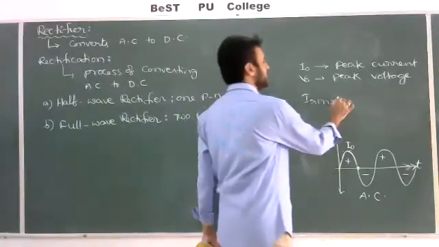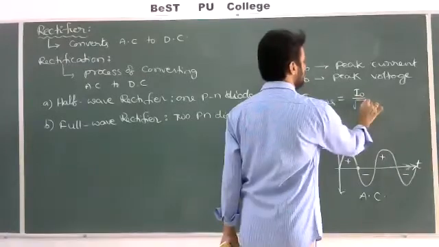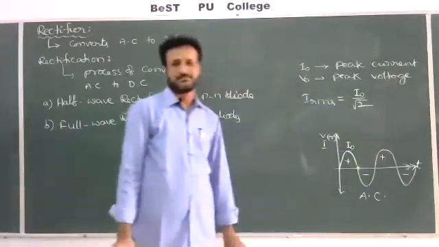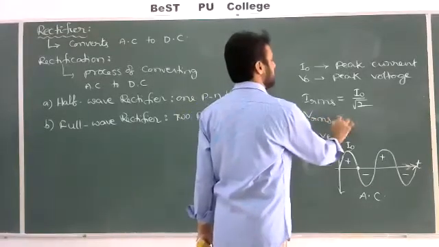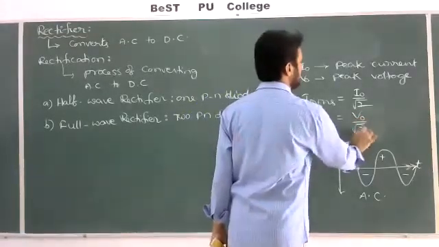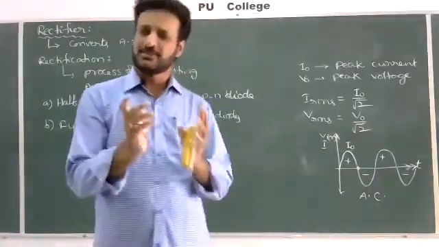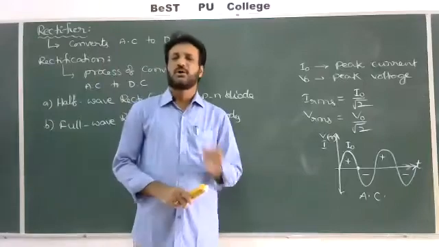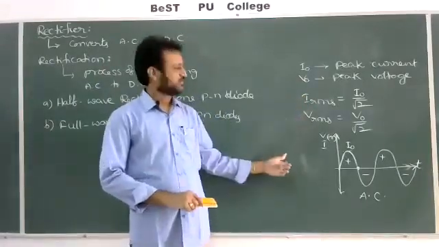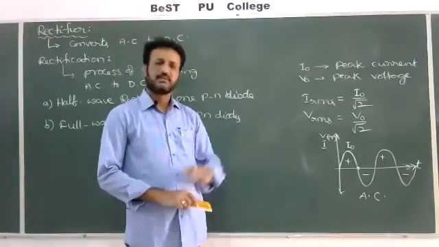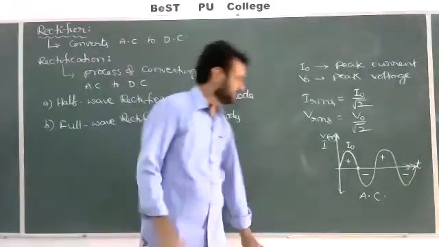So generally in case of IRMS and I naught there is a relation. IRMS is equal to I naught by root 2, you should write, the general formula. Whereas VRMS is equal to V naught by root 2. But how we got these values and where we got this formula, in the first track we have one separate chapter, alternating current. In that chapter we can derive the formula also. So you have to remember this formula here carefully, but there we'll discuss and derive how we got this formula.